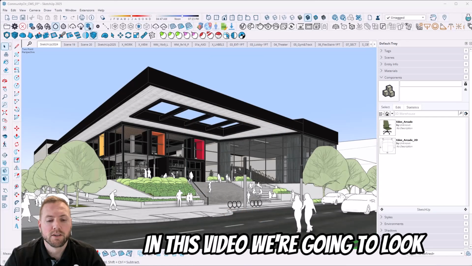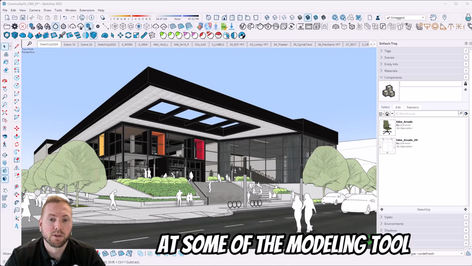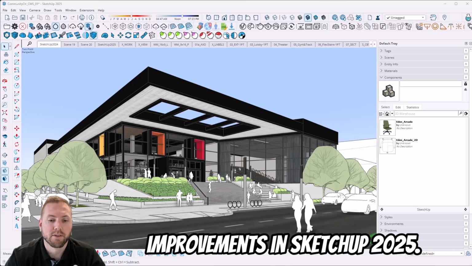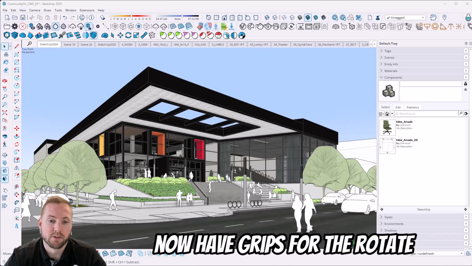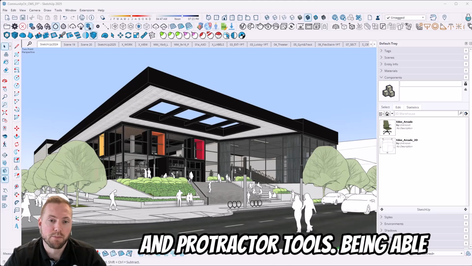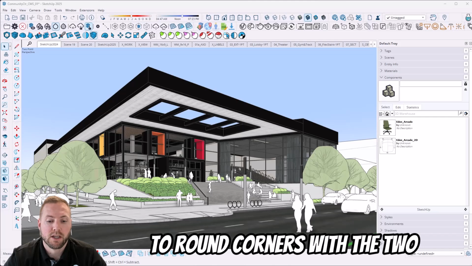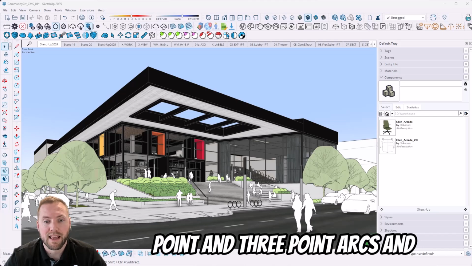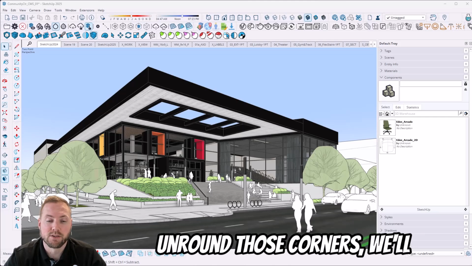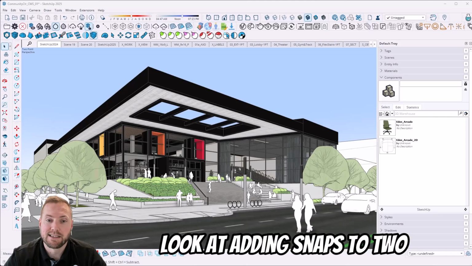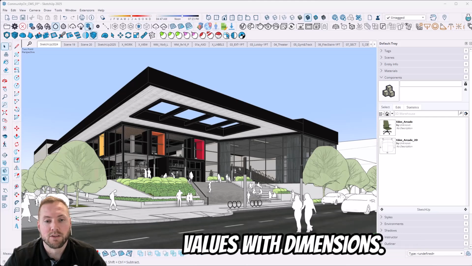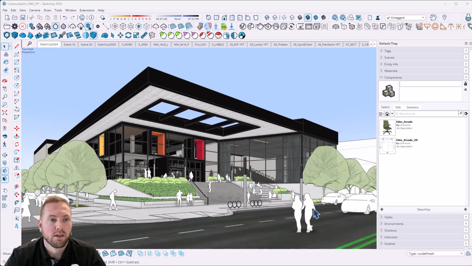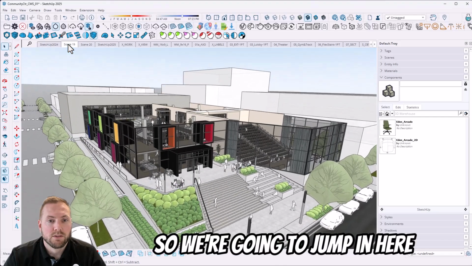In this video, we're going to look at some of the modeling tool improvements in SketchUp 2025. So we're going to look at how we can now have grips for the Rotate and Protractor tools, being able to round corners with the 2-point and 3-point arcs and unround those corners. We'll look at adding snaps to linked components and dynamic values with dimensions. So we're going to jump in here